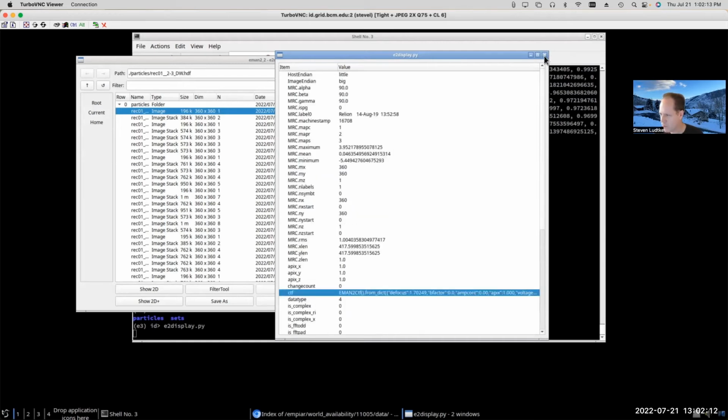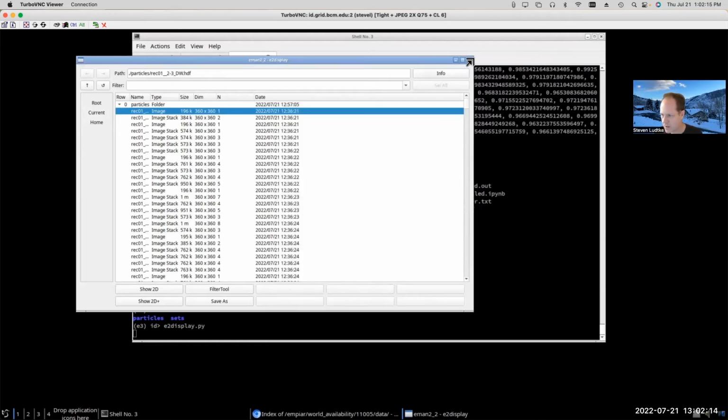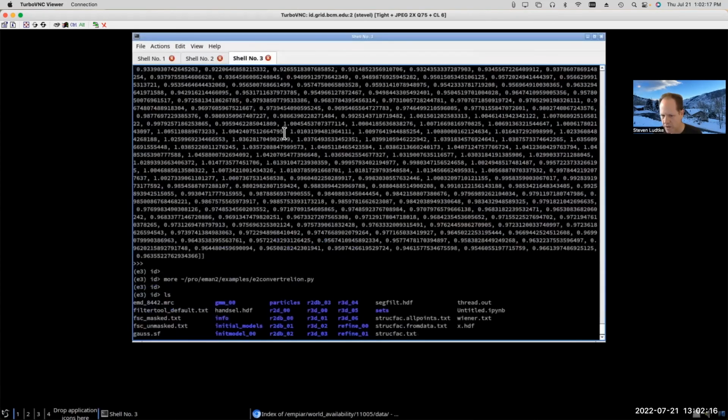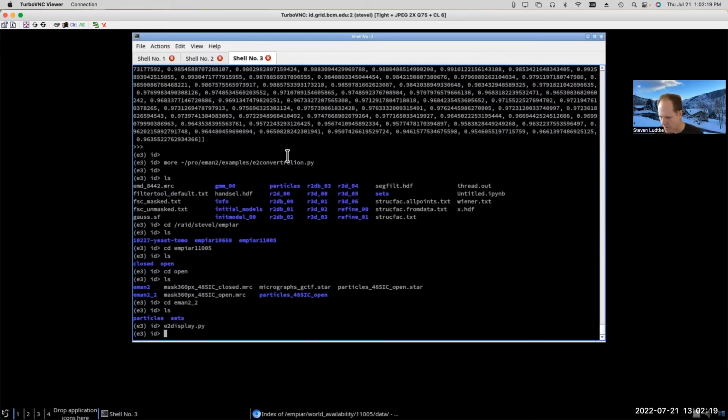So really the only parameter information that was stored in the LST file was the orientation information, which is something that would change if we ran further refinements on the data. But we're going to assume that the defocus parameters and stuff like that aren't normally going to change. Now, if you did a refinement using the new 3D refinement program, it would produce a new LST file for each iteration. And those LST files might also include defocus information, because there is an option to refine defocus while you're running.